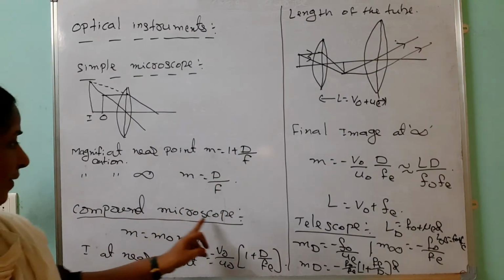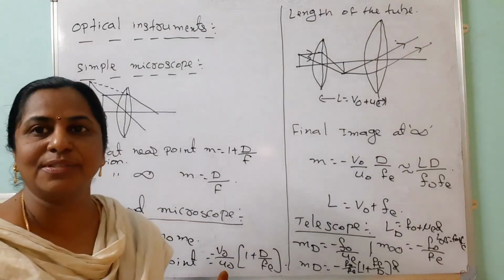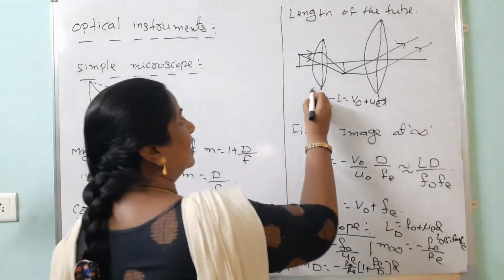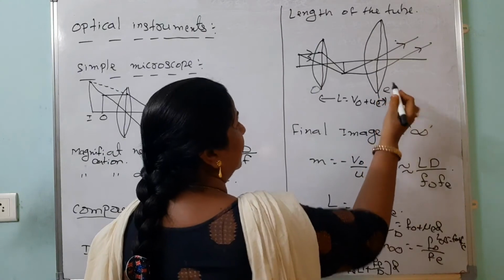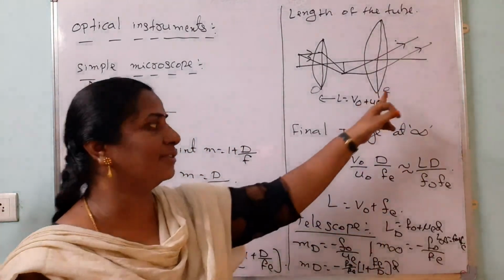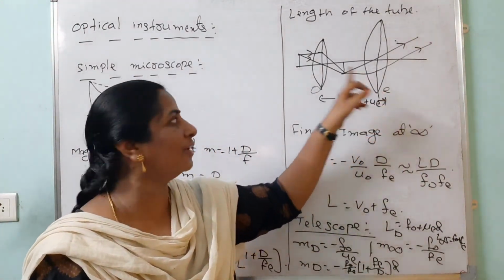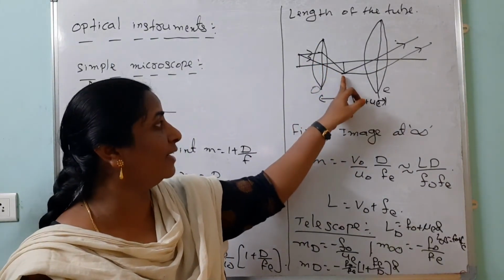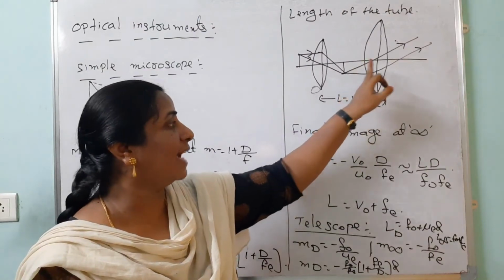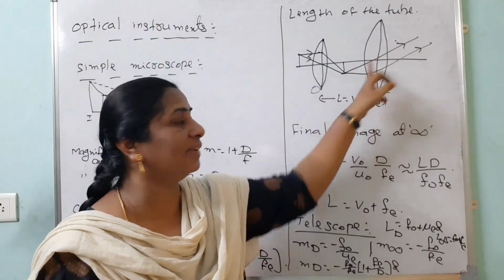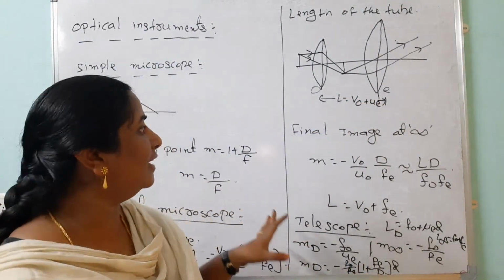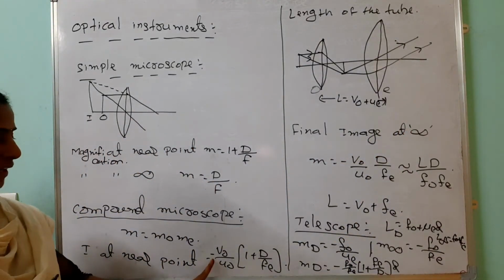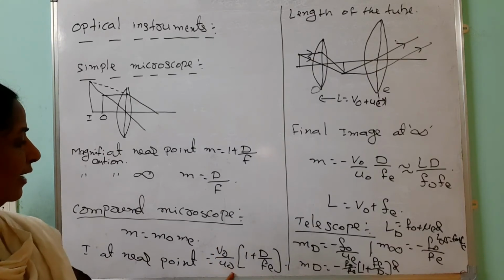Like that, the compound microscope. Here we are using two convex lenses. One is the objective lens, another one is the eye lens. The lens which is nearer to the eye is called the eye lens. The objective's focal length is smaller compared with this one. When the rays come like this, we observe f0, and this acts as the object for the eye lens, then we get the image like that. Final image at near point, the formula is minus V0 by U0